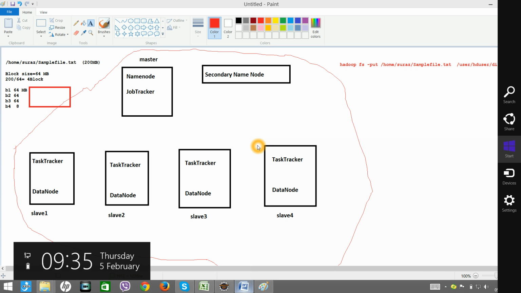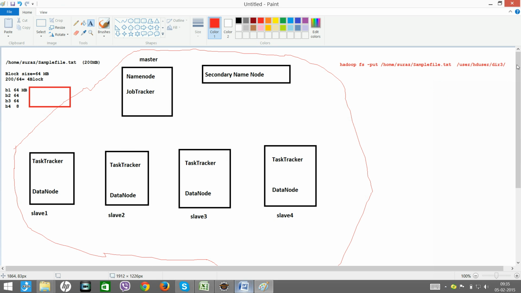When you say Hadoop cluster, you can consider this whole system as one, and there is a path called /user/sduser/directory3.